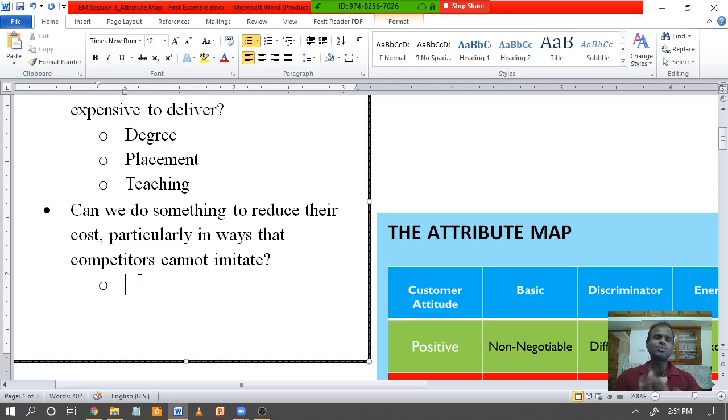Now, how would you reduce this cost? Any ideas you can give? How can you reduce this cost of teaching technical aptitude and general aptitude subjects? Any ideas? By giving the department teachers this duty. But the problem is department teachers may be already overloaded with their subjects, right? And sometimes they may not do a very good job, because these guys who are teaching technical aptitude and general aptitude are doing it full time, so they will always be better placed in doing that than our department faculties, right? Okay, so that is one option.